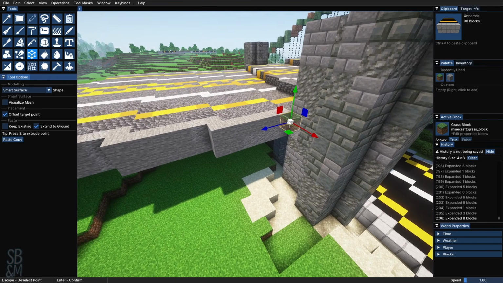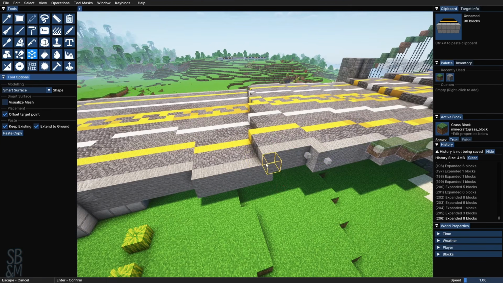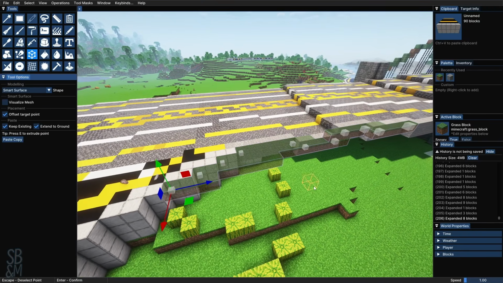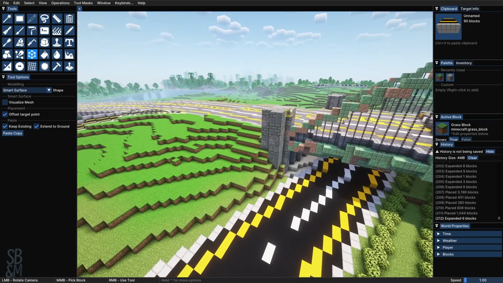And then what we're going to do is we're basically going to just fill in this and you'll see what it does very, very quickly. If I place a whole load of points, you'll see it's kind of creating a line, but then very quickly this line's going to turn into a smart surface. And so this is looking quite good,